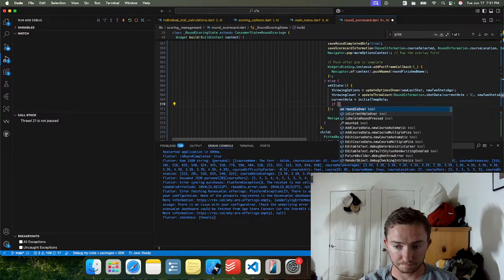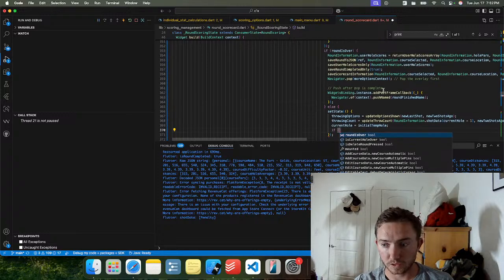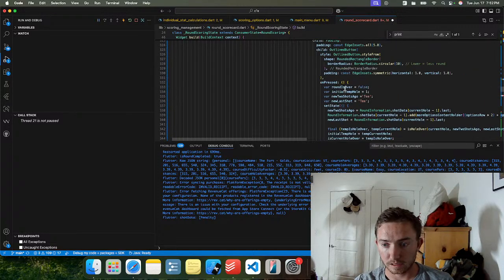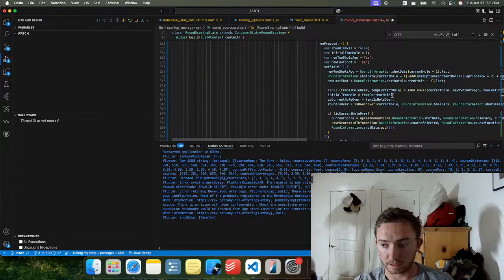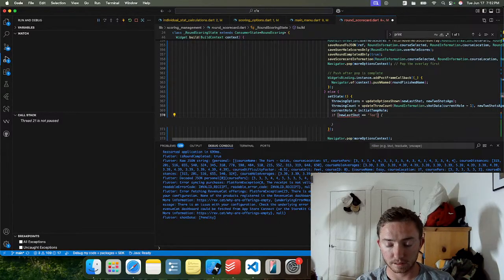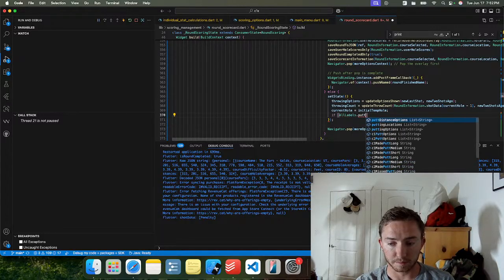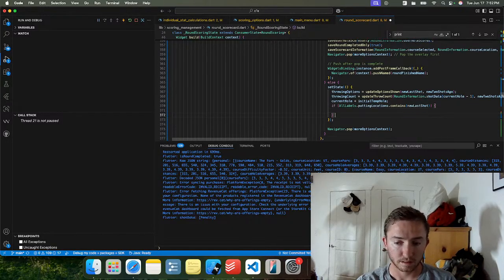If new last shot, all labels dot cut locations contains new last shot, else